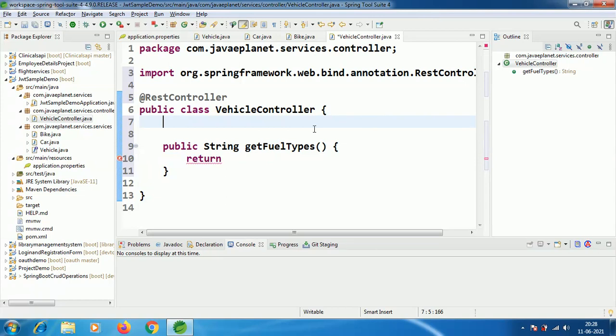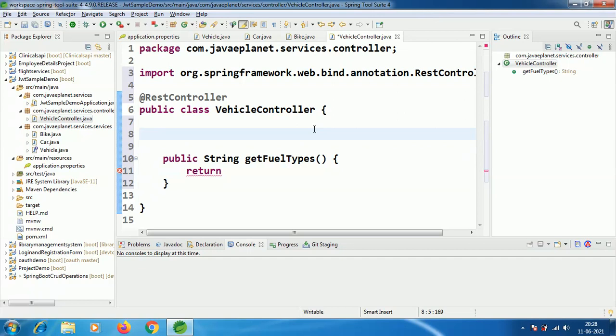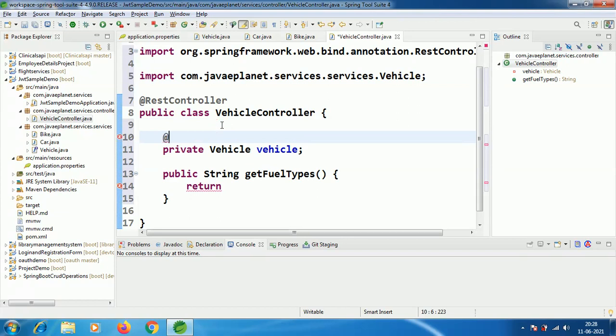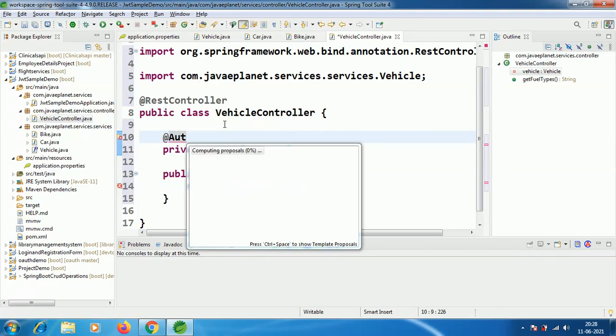Now inject the service here, the interface, private VehicleInterface vehicle. Press Control Shift O to organize the imports, which automatically imports all the unimported classes or interfaces. Annotate this with @Autowired.